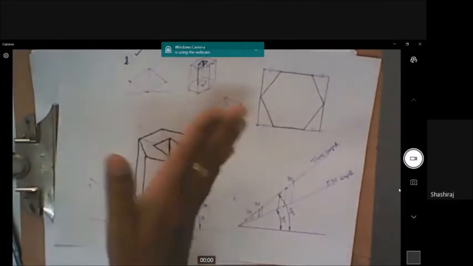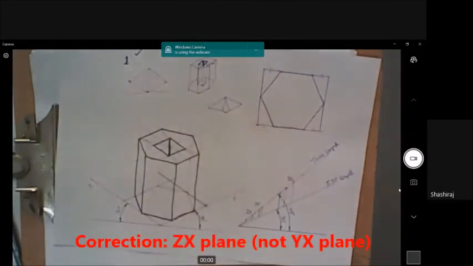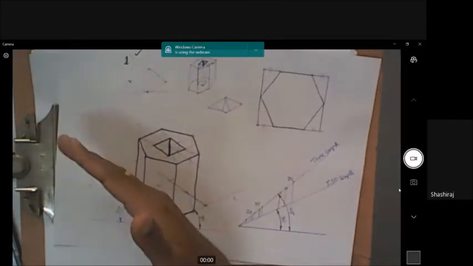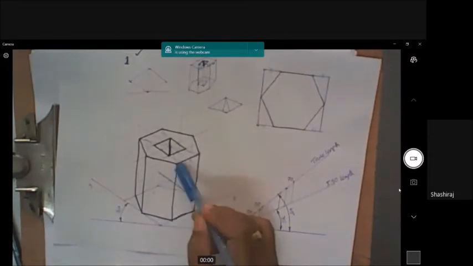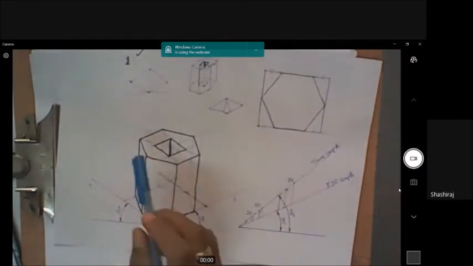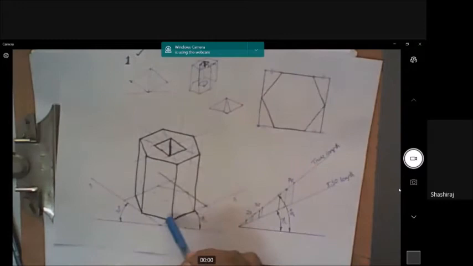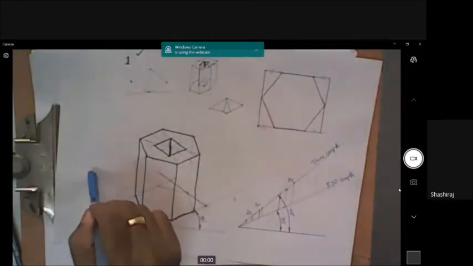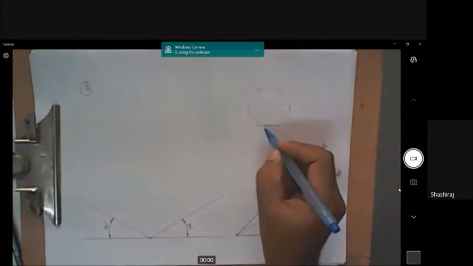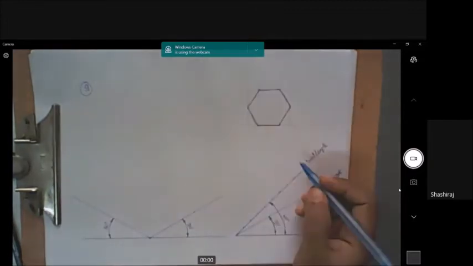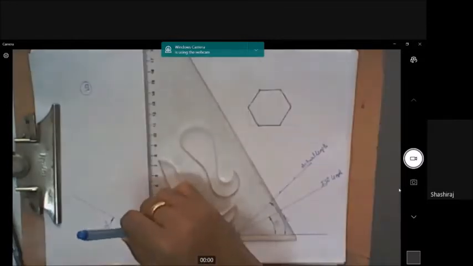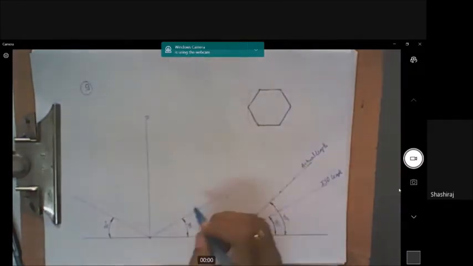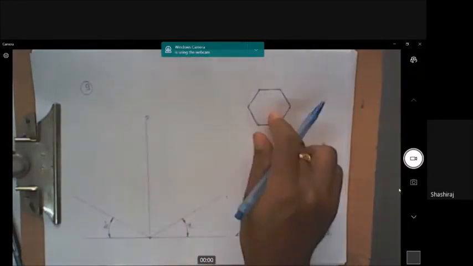So the hexagonal face will come here on the XY plane, or you can also bring it on the YZ plane. This hexagonal face we have to draw on a different plane, a vertical plane we have to construct. If I construct the hexagonal face on the ZX plane, height will be along the y-axis. I've drawn this 20 mm side hexagon here. This is one of the sides, and I have to construct this hexagon on a vertical plane, for which I need to draw the z-axis also. This is the z-axis I am drawing.